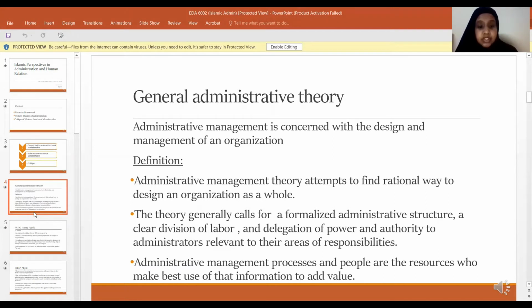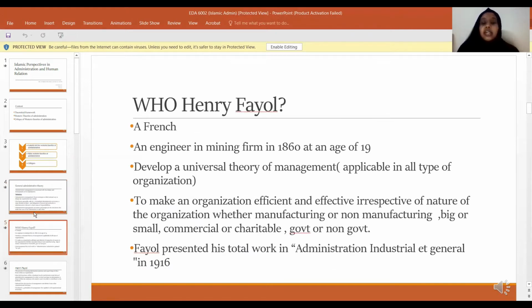Also, it's an administrative management process, and people are the resource of making best use of the information to add value. One of the important figures to develop the theory of management is Henry. Henry is from France, and he was an engineer in a mining firm in 1860. At age 19, he developed a universal theory of management applicable to all types of organization. So even now we can use it. We use his theory to make an organization efficient and effective,